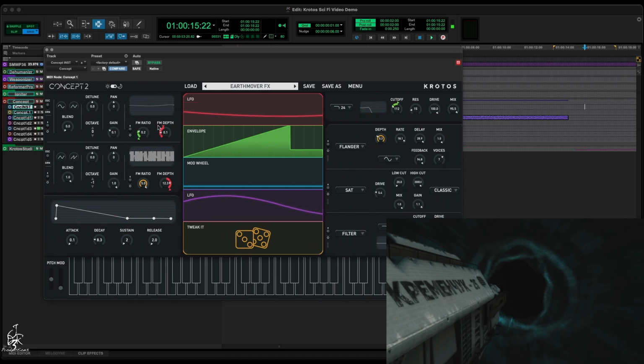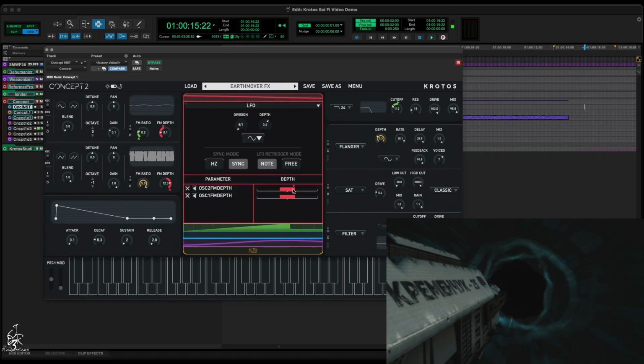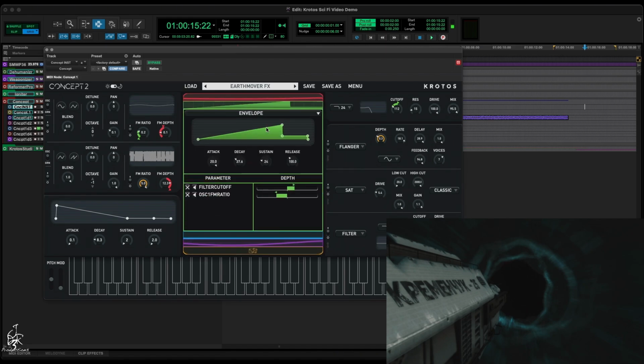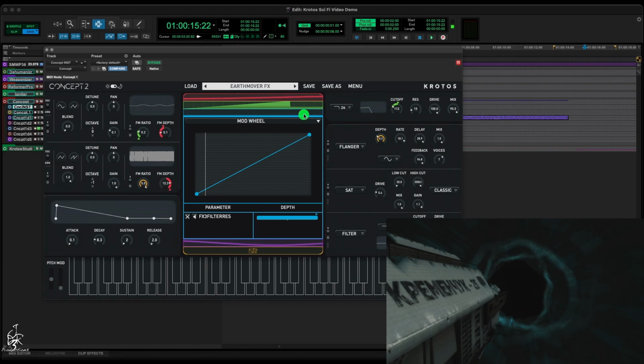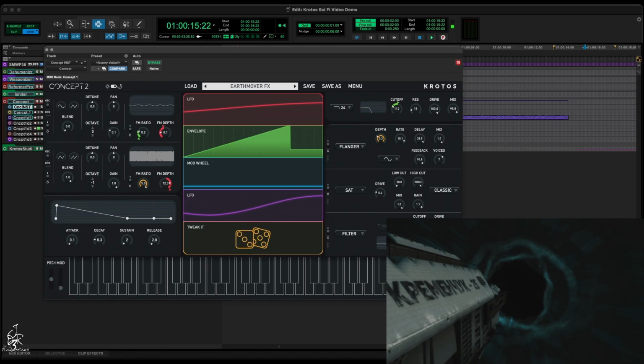Each one of these can control different aspects of Concept. So the red LFO we can see is controlling the FM depth of both the oscillators, and if we click on it, we can see the controls and the depth that it's going through and at what speed. We have an envelope control that we can change for the filter cutoff and the FM ratio. Resonator here is being controlled, but using our MIDI controller mod wheel, we can control the resonance of the filter. And as we play our notes here,